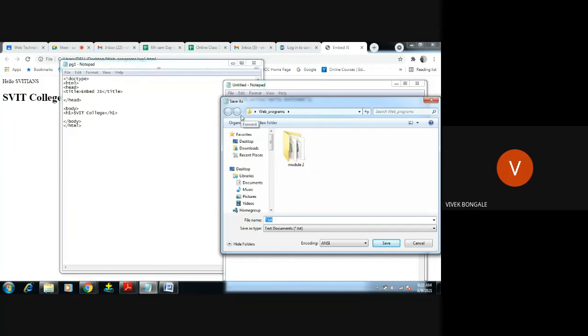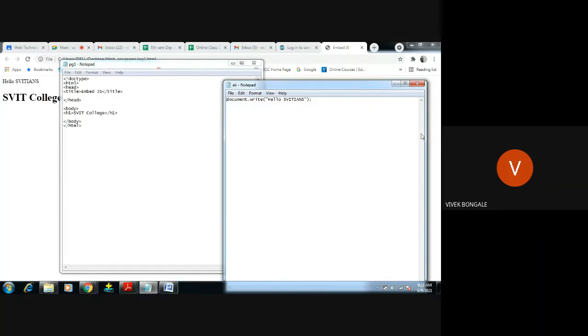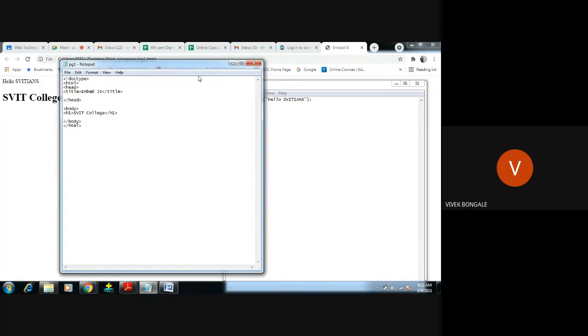I will save this by the name ab.js. It should be a .js extension. Now we have saved this file, ab.js, and we want to link this file to our HTML file.